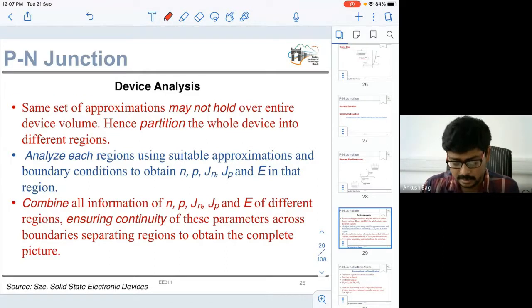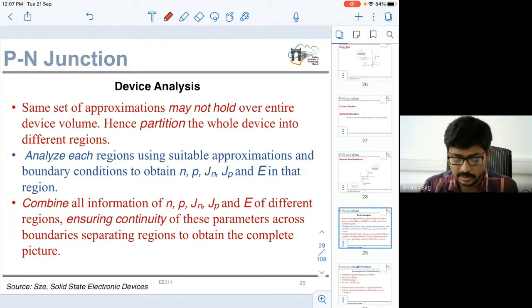From that concept we saw how this variation of current with voltage comes in case of a diode. But now we'll derive this diode equation in a detailed manner,